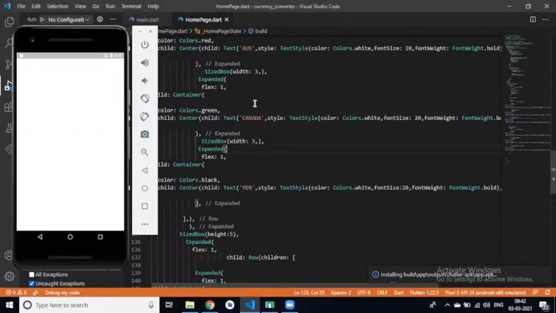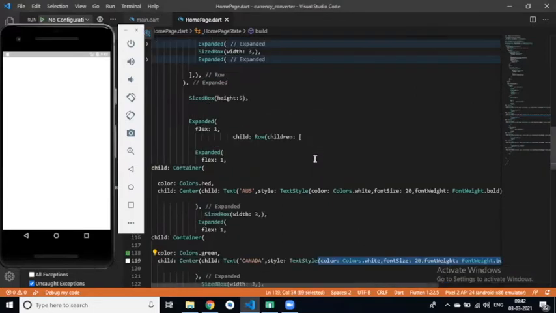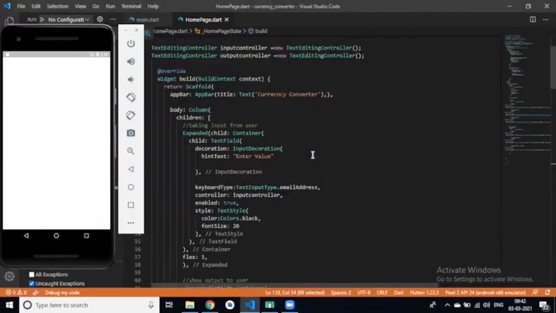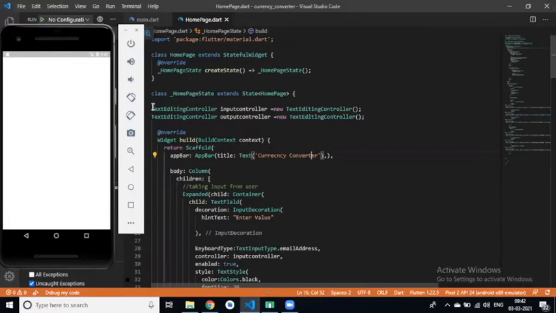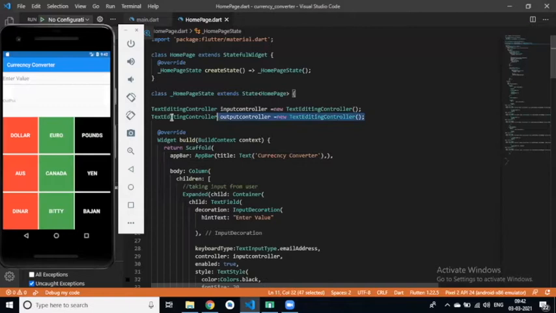Can you see my screen? Yes, Roshan, we can see. Okay. So we have two text editing controllers, first for input and second for output. Then we have 9 buttons. But this is not a button, this is a container, right?